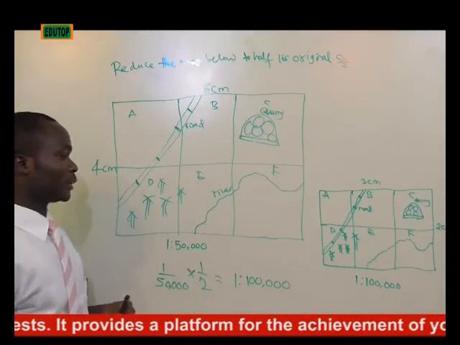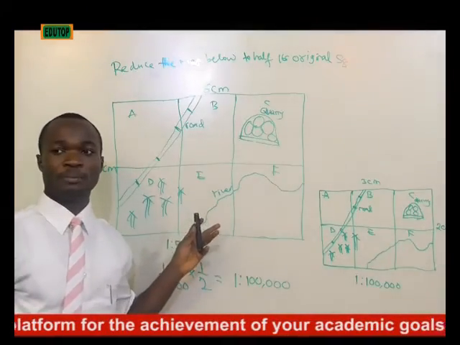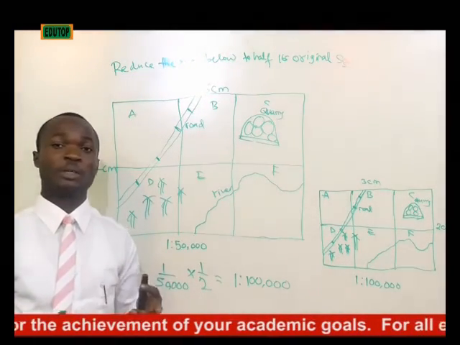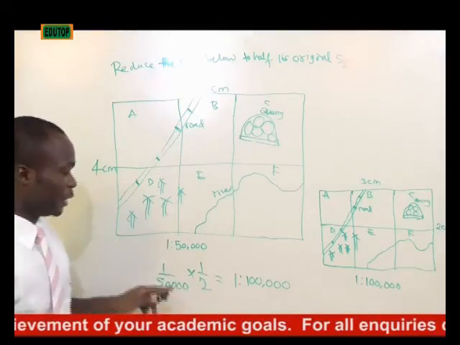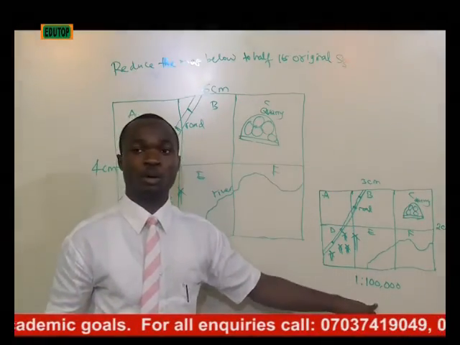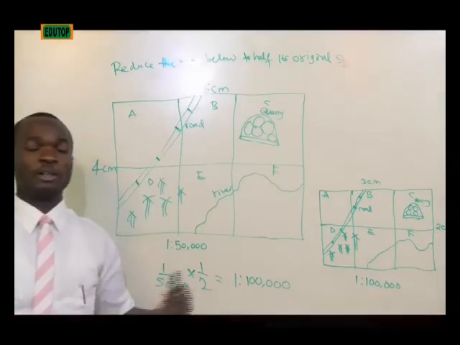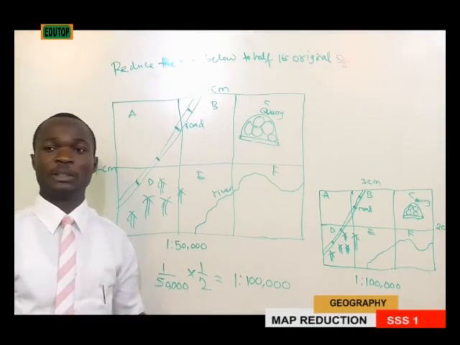Now, notice something: while reducing the map, the representative fraction becomes bigger. It was 1:50,000 here, and here it has become 1:100,000. So take note of that concept, that while reducing the map, the representative fraction